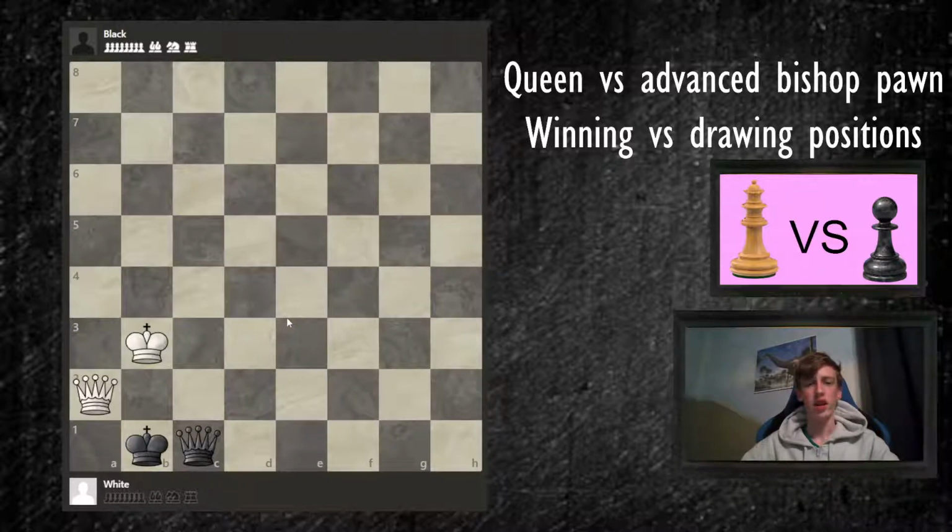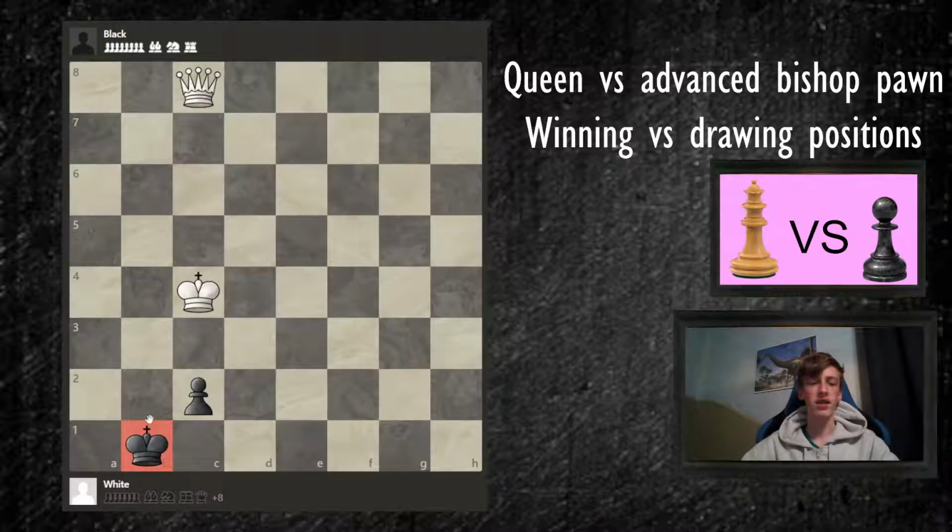So yeah, that was the difference. And I also said that I'm gonna talk about the case when the king is already on the side from the pawn, which is more close to the corner. So not the d1, but the b1. In this case,